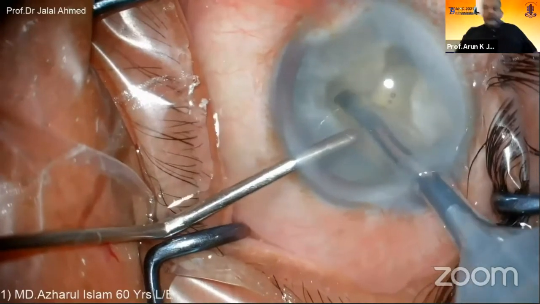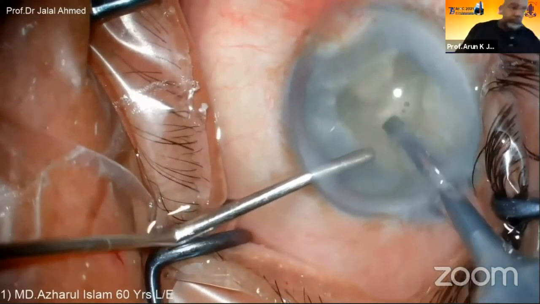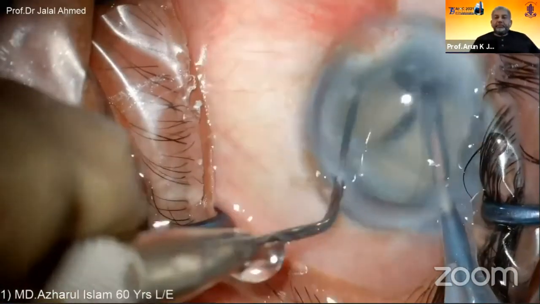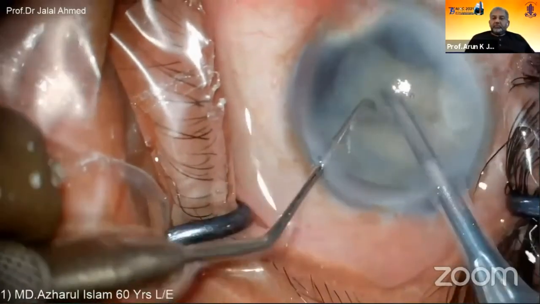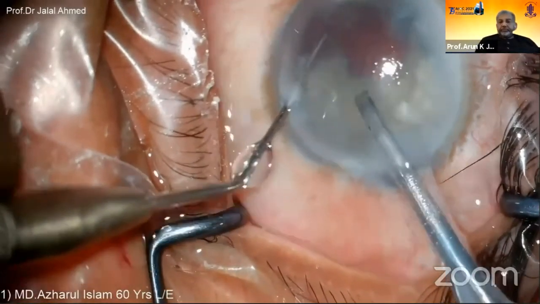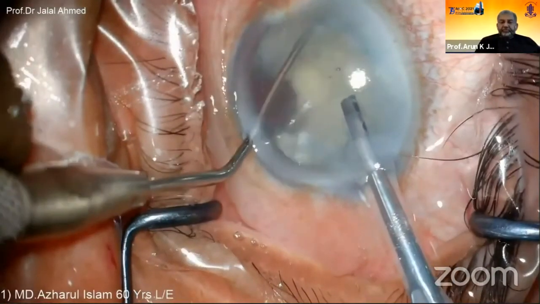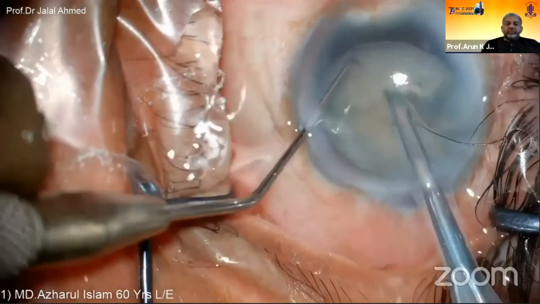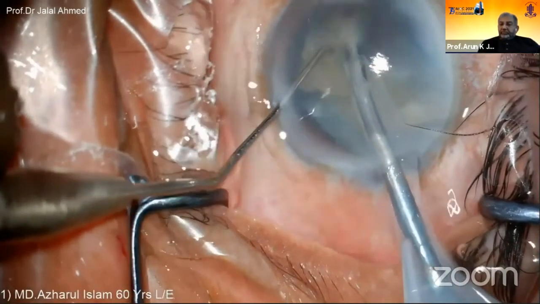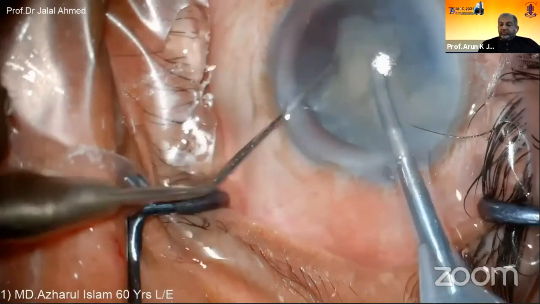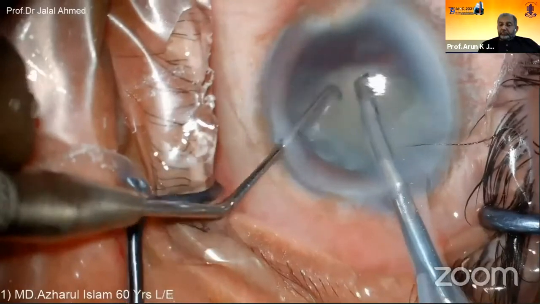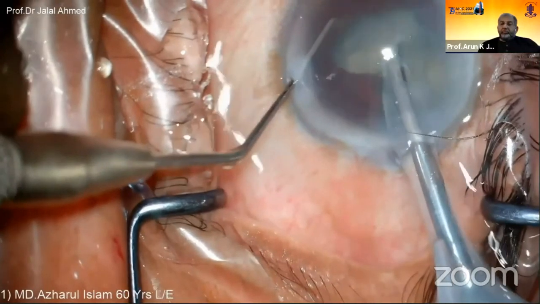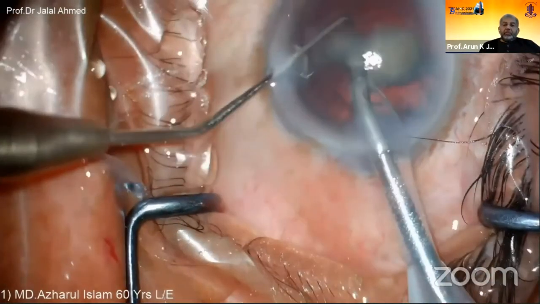fragment is fashioned in the distal area of the intact part of the bag, and proper depth and width is done, and the nucleus fragment is emulsified and aspirated through the phaco tip. The nucleus is rotated into the bag, and then it was not a very hard nucleus, so fragmentation and emulsification was easily done using low parameter phaco.